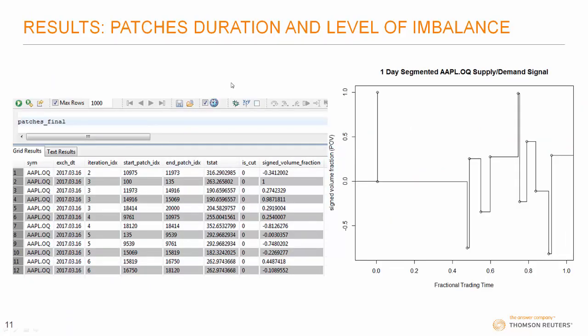So now what I'd like to do is show you some results for Apple on 3/16, one day that we picked to run the segmentation. What the end result looks like is a set of patches with start patch ID, end patch index. You can also see that all these patches are leaf patches. We also tagged on the signed volume fraction, which gives us the strength, or the level of the imbalance